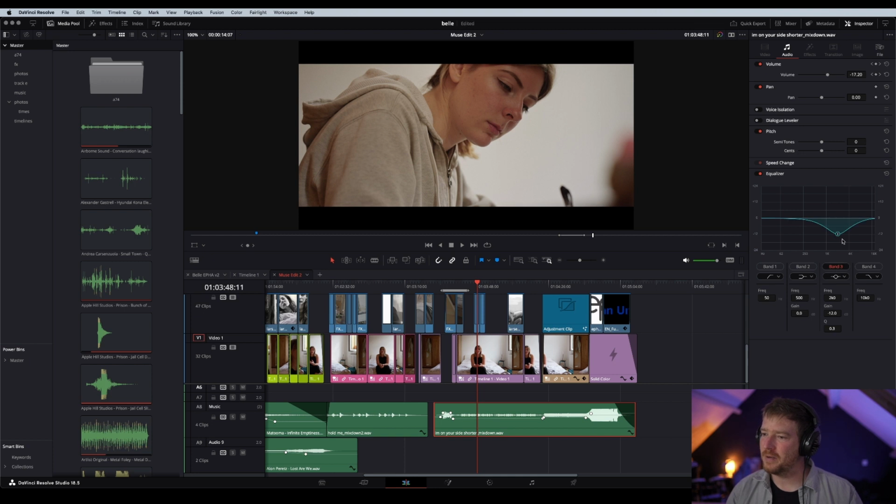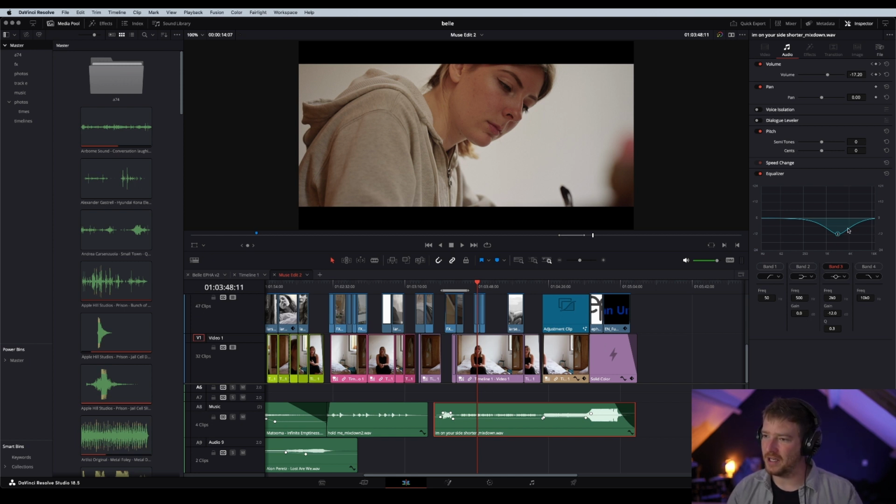So if we create a band right where the voice is most audible and reduce the volume of the music in that area, then we make space for the voice to live there and the music moves out of the way. And that means that we can push the volume of the music higher and retain that emotional impact of the music because it's better audible. I'm going to show you what I mean.